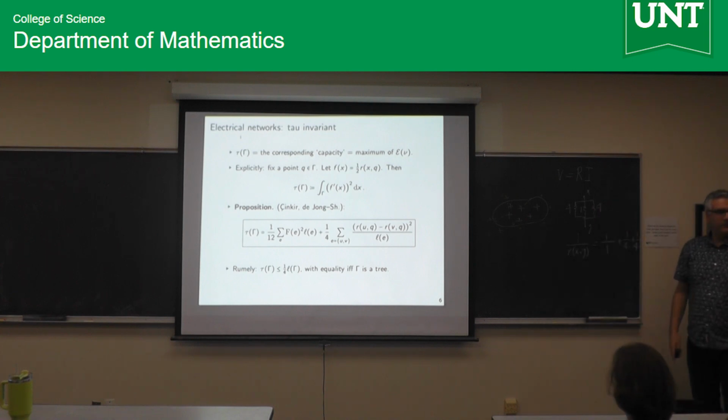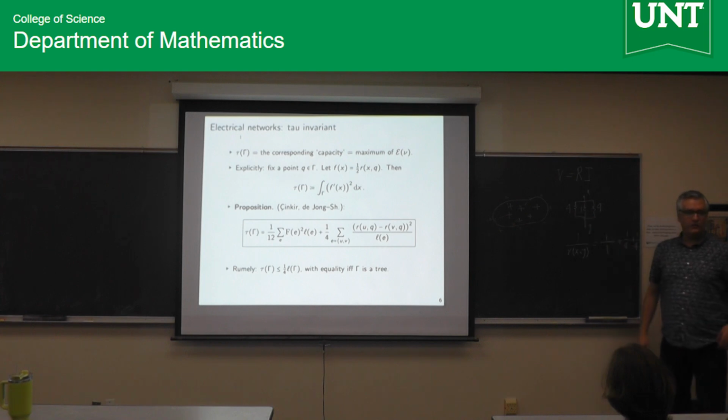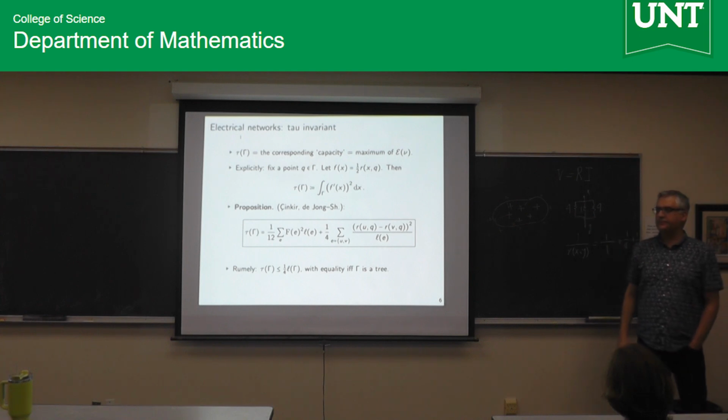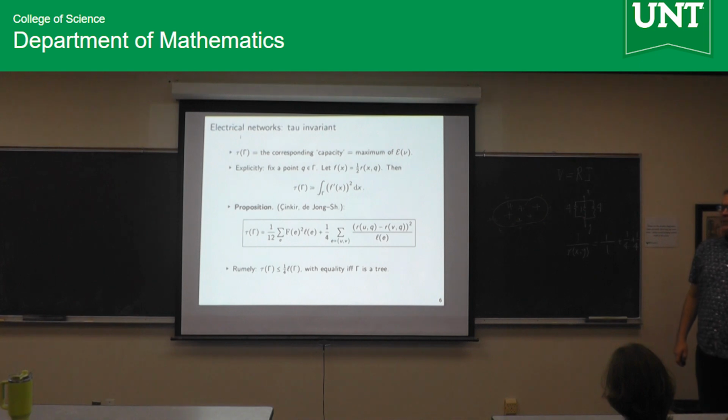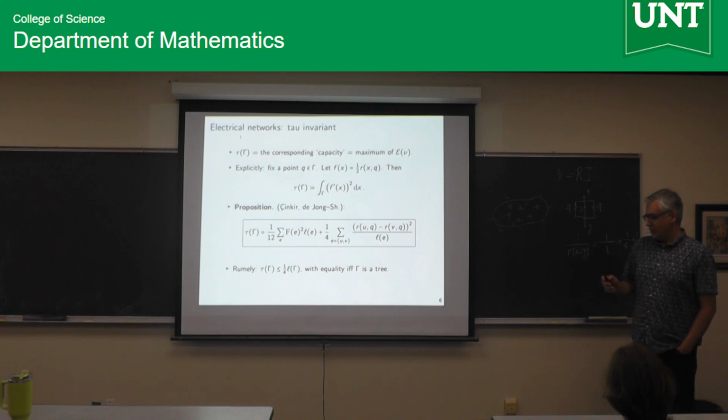The length of the graph is the sum of the edge lengths? Exactly. So 4 plus 1 plus 1. Total volume of the graph. Any other questions? Again, don't worry about the exact formulas in boxes. The general idea is that this is computable, maybe the main message of this slide.